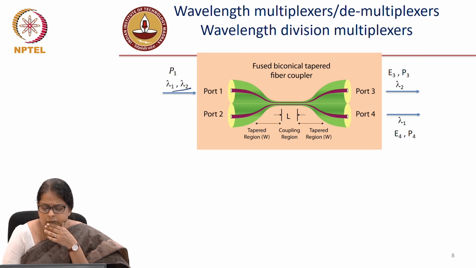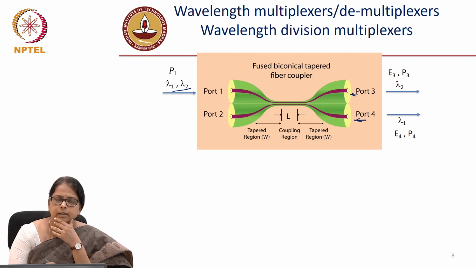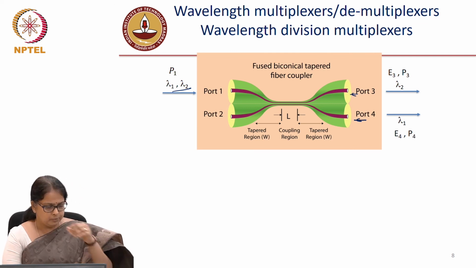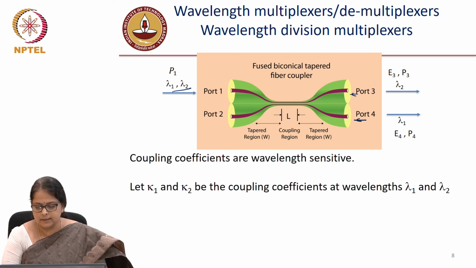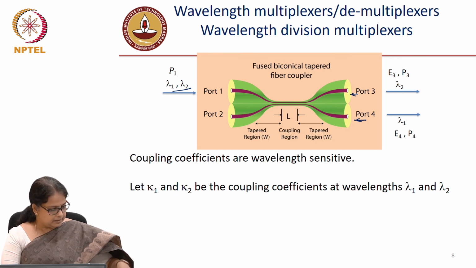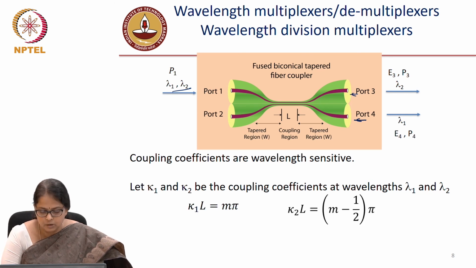Now, this is a reversible device, which means that you could go in with two wavelengths separately in the two input ports, and you get the wavelengths combined in one of the ports. So it can be used as a multiplexer and a demultiplexer. What's the idea of design? As I said, the coupling coefficients are wavelength sensitive. So let's say kappa 1 and kappa 2 are the coupling coefficients at wavelengths lambda 1 and lambda 2. Let's assume kappa 1 L is m pi, and kappa 2 L we will force it to be m minus half pi,